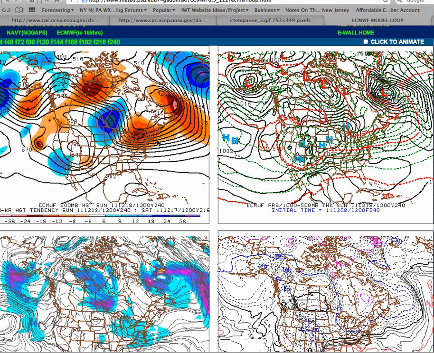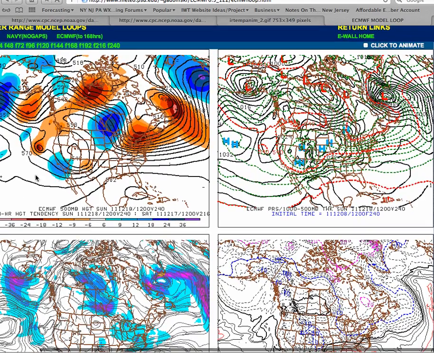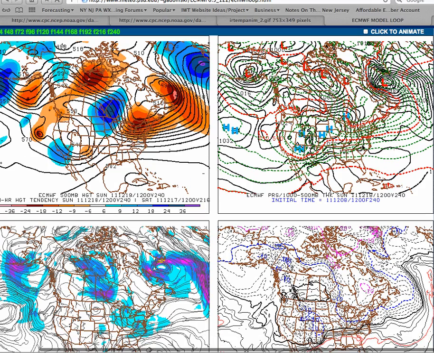While this is happening in the polar jet stream, our subtropical jet stream is basically shooting disturbance after disturbance from the southwest right into the mid-Atlantic coast. Again, on our surface map, we have a cold front that stalls out just to the south of the northern mid-Atlantic, basically just to the south of New Jersey. Weak areas of low pressure. Here's our more powerful area of low pressure. Again, Arctic high pressure is building into the plains, building into the Great Lakes, and ridging into the northern mid-Atlantic.